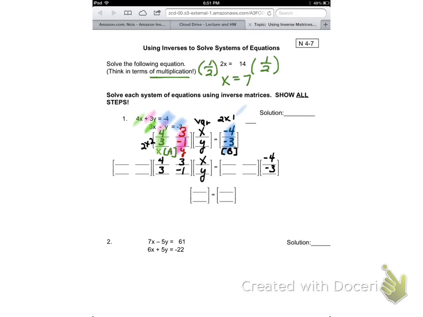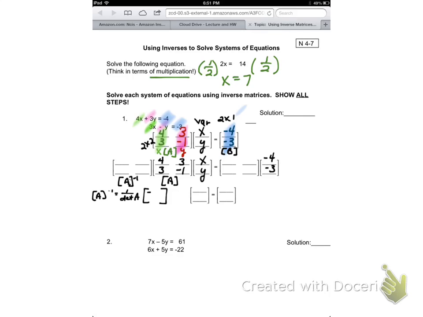Okay? Now, what we're going to put in these blank spots that you see right here, we're going to put the inverse of A. This is matrix A. So we're going to put the inverse of matrix A. Now we can calculate that by hand if you're on a 2 by 2 matrix, we're not going to try to do it by hand for a 3 by 3. But if you remember how we do it, just to remind you how to do it by hand, the formula is the inverse is 1 over the determinant of A,